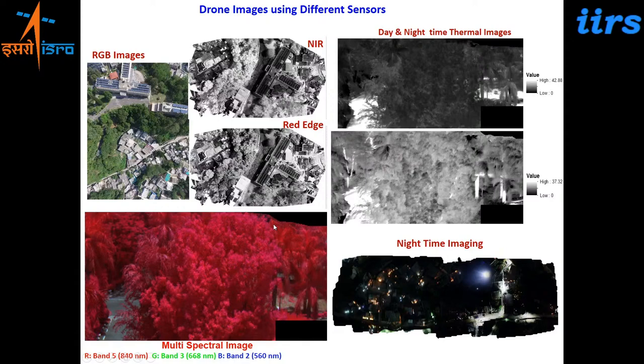So this is the complete workflow of the data processing. You have a large number of images acquired, 300, 400 images even for a smaller area, because the resolution is so high. You need to align those images, use the GCPs to georeference, and then do photogrammetric processing to generate a very, very high resolution digital elevation model, then generate an ortho image, and then use image processing to extract the various information which you want to extract.